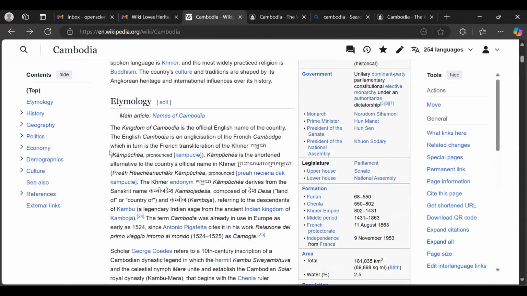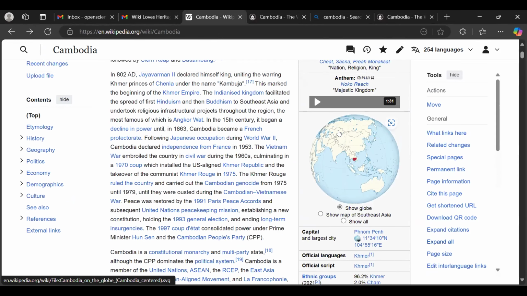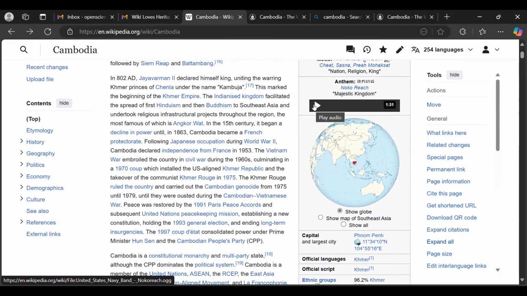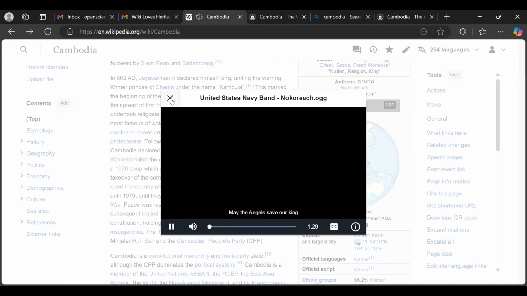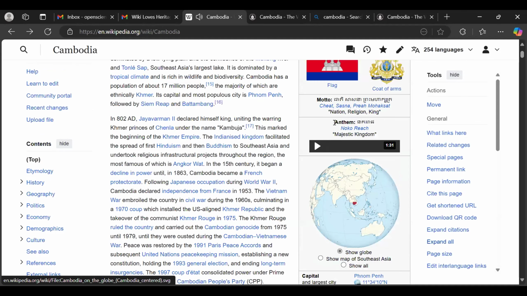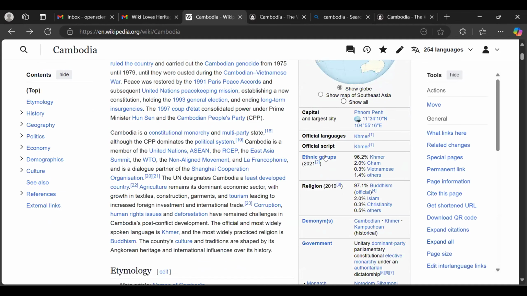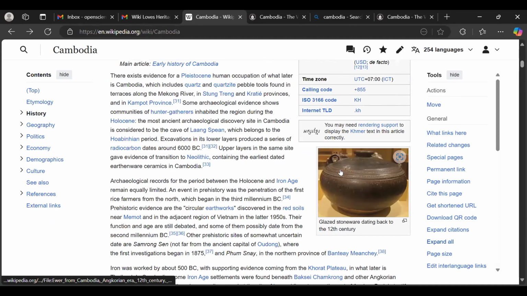So if you don't want to read everything about Cambodia, you can just use the info box to learn, even hear the pronunciation of the country. Oh, no, this is the anthem. Yeah, the anthem of Cambodia. And then everything: capital, official language, script, religion. So this is an info box. We call it an info box on Wikipedia.